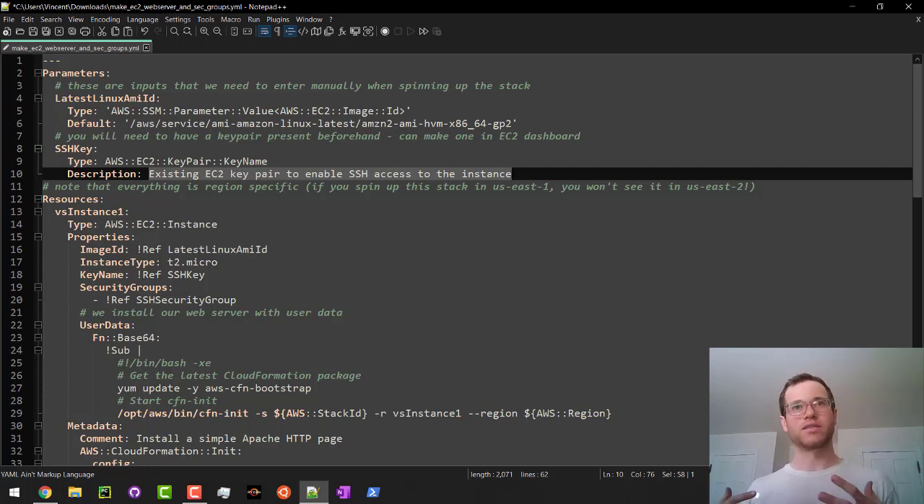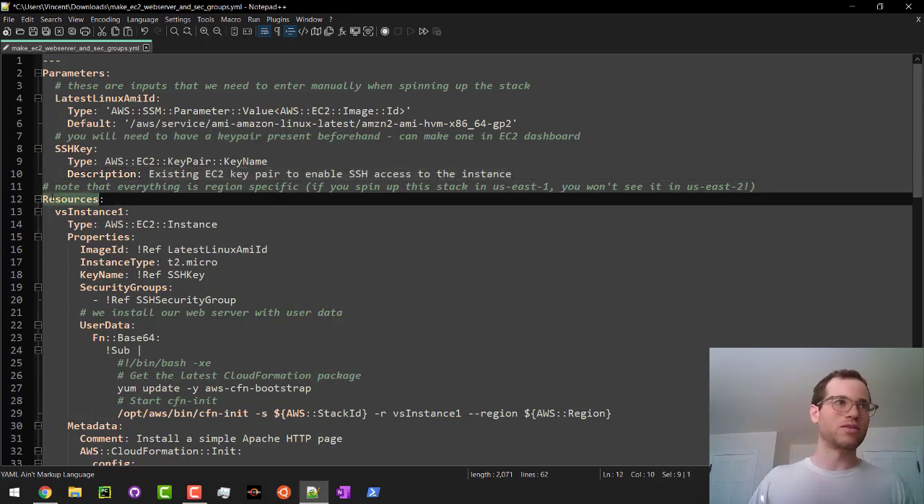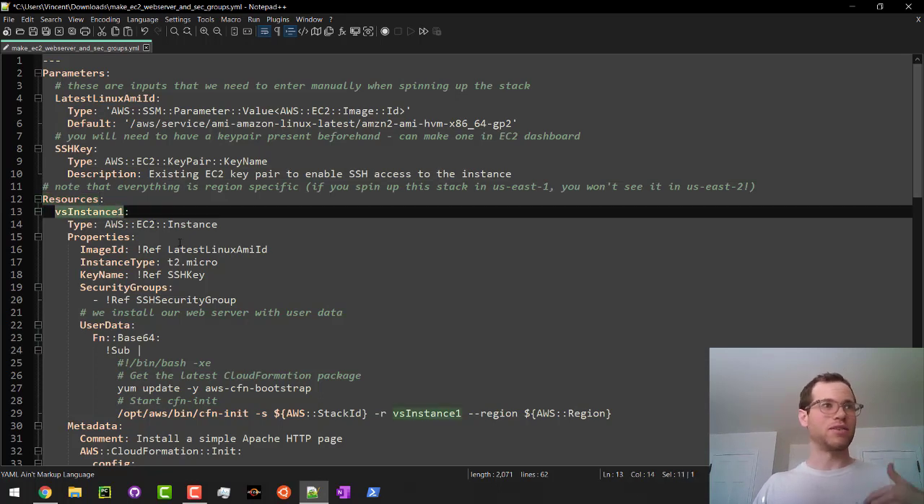This is because we're going to want the ability to connect to this instance that we're spinning up through CloudFormation through an SSH connection. To do that, we will need that key pair locally on the computer in order to authenticate to that instance. So these are the parameters. They're basically inputs. Then we've got the resources tree, or whatever you want to call it, attribute of this YAML file. I'm basically saying I'm going to have this resource called VS instance 1,